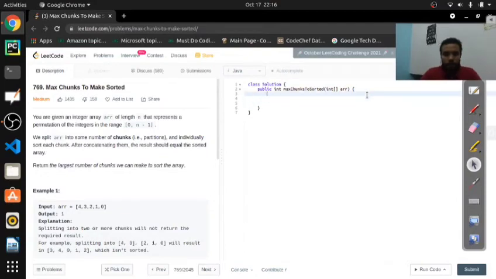So we were using 3 variables. First is chunk count. Initially it is 0. Another variable is expected sum, which is also initially 0, and the third variable is current sum.